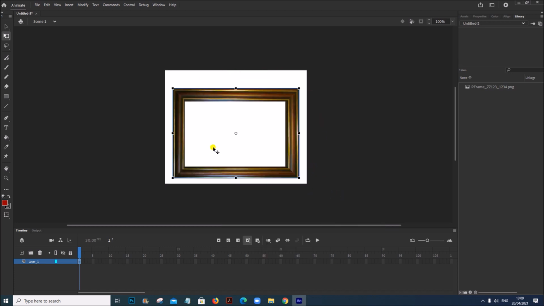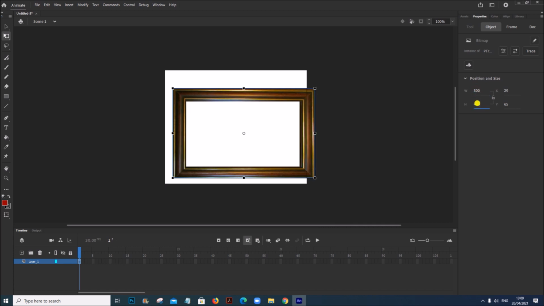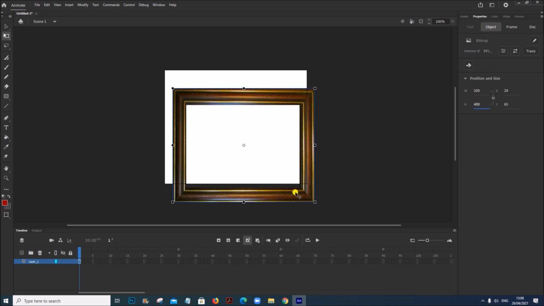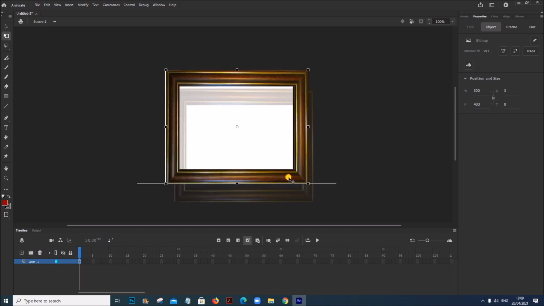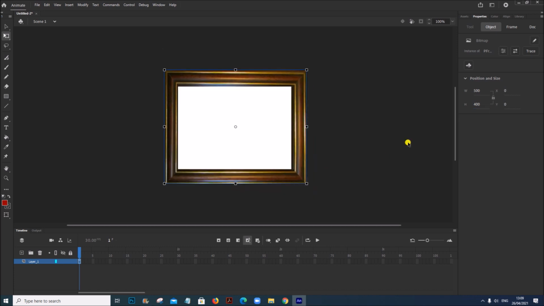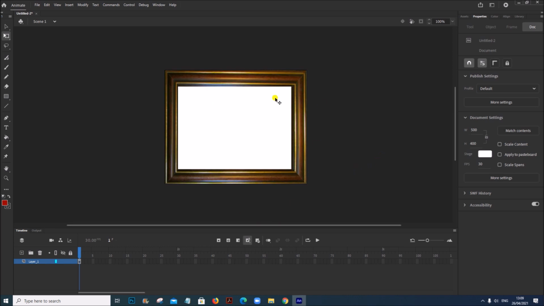It must match the size of the frame. So let's give the width and height to 500 by 400 pixels. So the frame size matches the size of the canvas.